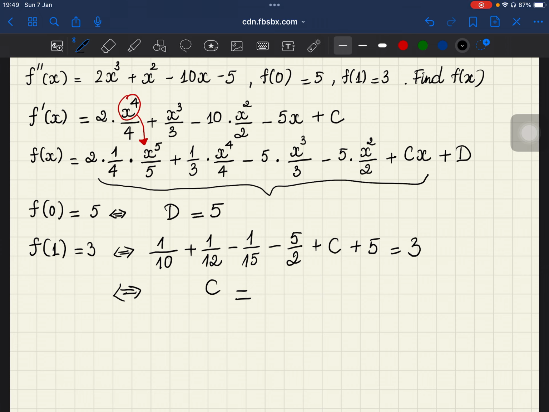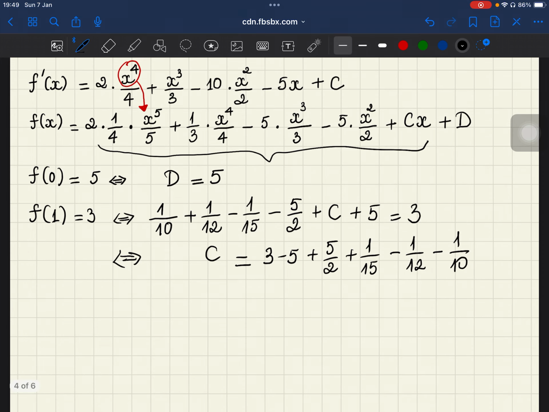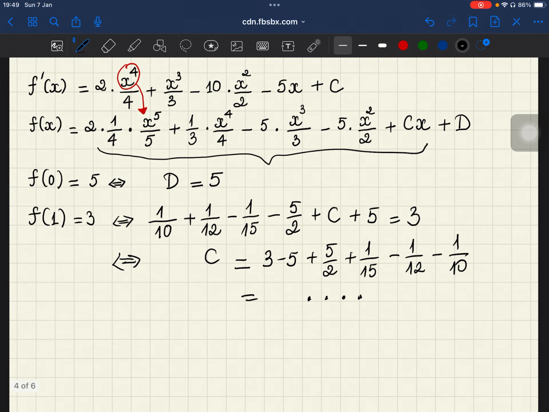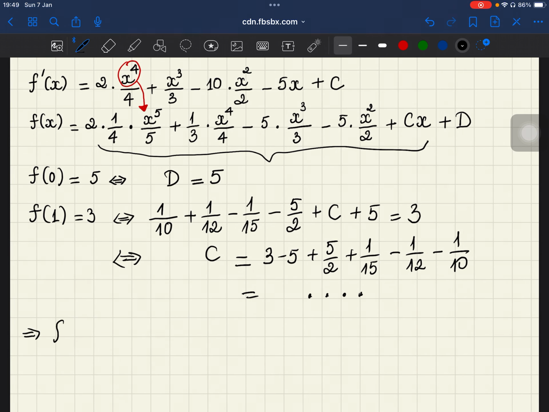We have 3 minus 5 plus 5 over 2 plus 1 over 15 minus 1 over 12 and minus 1 over 10. Okay, so you help me calculate how much this is. Then we will have f(x) is equal to this function, and you replace the value of c and the value of d inside. Okay,